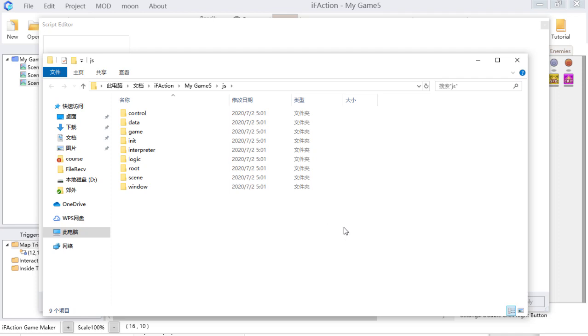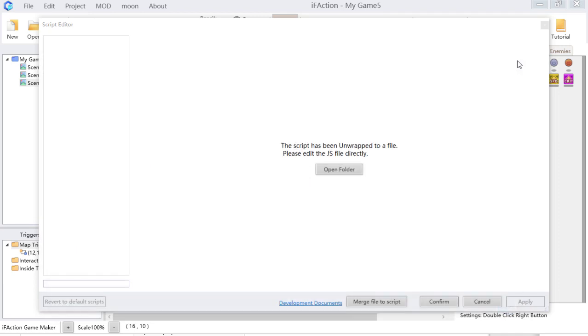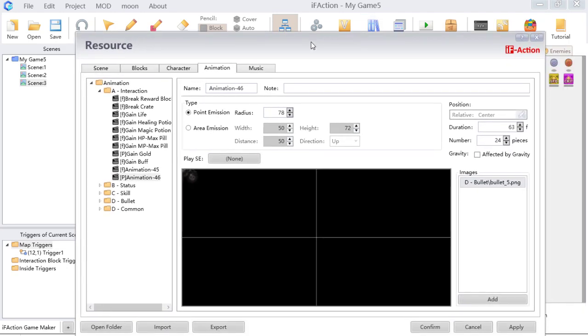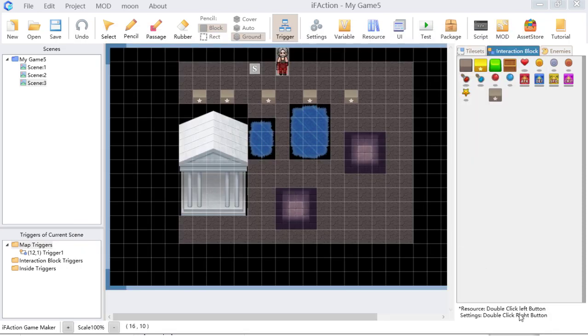It is quite convenient. So I will not show you how to edit our script with Visual Studio Code, because I have shown that in the Quick Start tutorial of ACT. So if you are interested in our script, you can go to this tutorial to see more about our script. Also about the resources, they're different. So this is all about